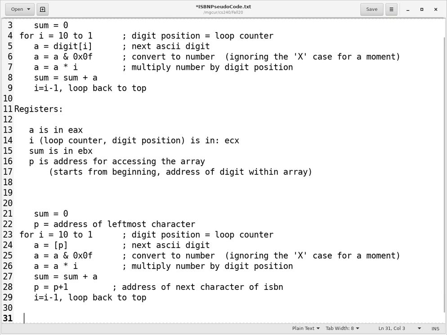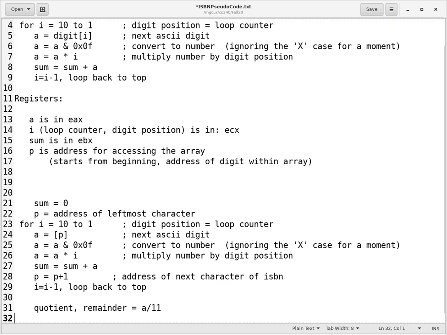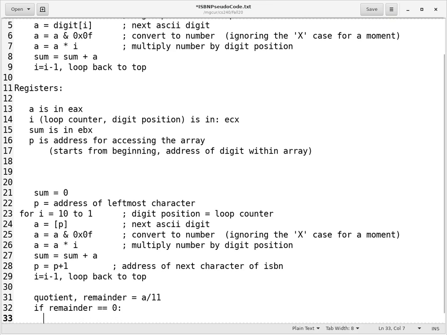And then when we get done, we're going to say the quotient equals A over 11, right? So I'll have to divide it by 11, and then, if the remainder is 0, that's going to be put